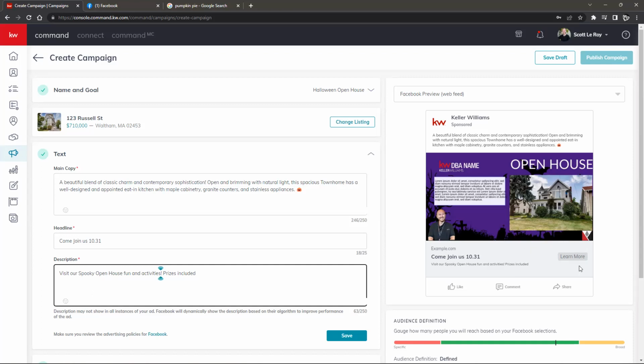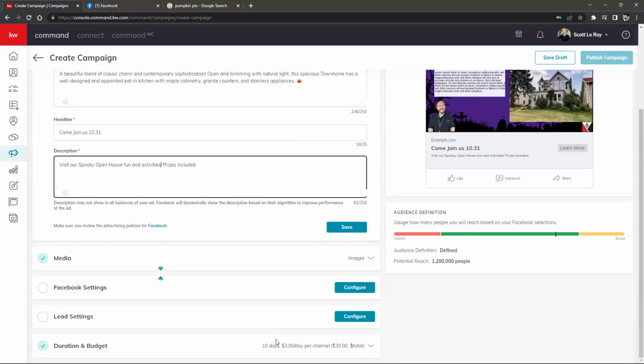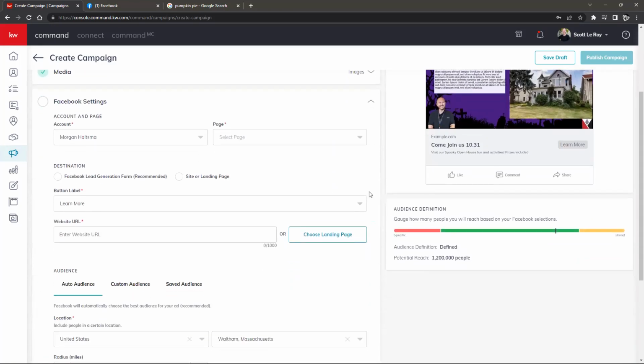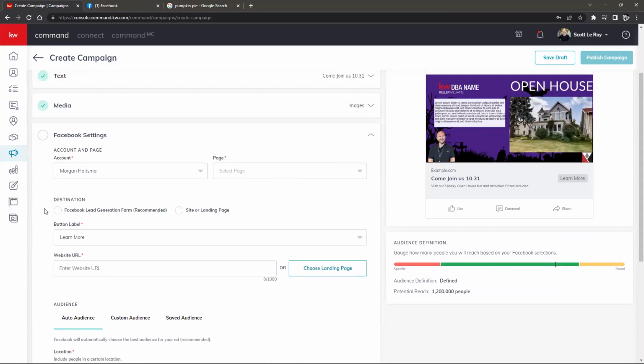Last but not least, you have this Learn More button, which will direct them to wherever it is that you want to take them, whether it be an Eventbrite, your landing page of the event, or your individual listing landing page. However that may look, we have the ability to send them to another page here. And that's going to be found within your Facebook settings. This is probably one of the most important sections in our Facebook ad creation